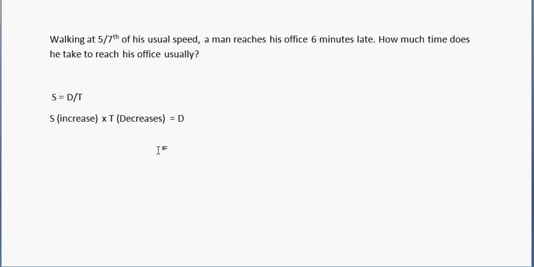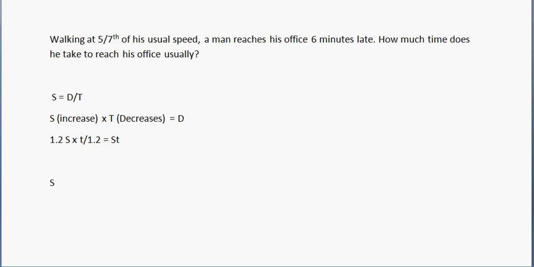For example, if speed becomes 1.2 s, right, the time would become t divided by 1.2, so that our distance remains d only, which is equal to st, right? So the time decreases, time becomes t divided by 1.2. So this is how the relationship between speed and time is there, right? Now in this,